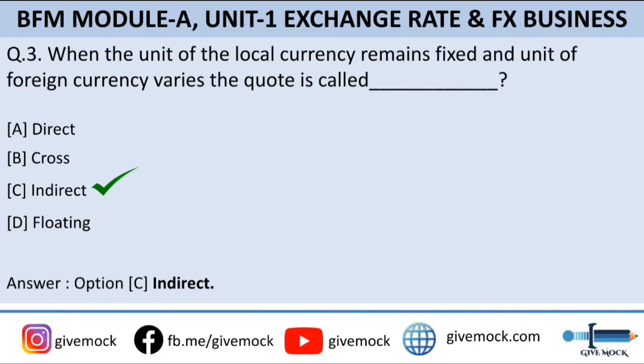Okay, so for example, डायरेक्ट कोट में क्या होता है कि लोकल करेंसी जो है वो वेरिएबल होती है और फॉरेन करेंसी फिक्स होती है. सो फॉर एग्जांपल 1 USD इज इक्वल टू 80 रुपीज़. सो हमारा जो लोकल करेंसी है 80 रुपीज़, दैट वेराइज, राइट. 80 से 81 होता है, 82 होता है, बट द USD रिमेन्स फिक्स्ड, द फॉरेन करेंसी. सो दैट इज कॉल्ड डायरेक्ट कोट. अगर इसी को हम बोल सकते थे कि ₹100 is equal to 1.115 USD, then that's called indirect quote because our local currency remains fixed and unit of foreign currency varies. Just do remember that thing.